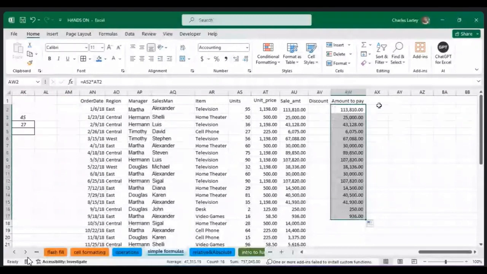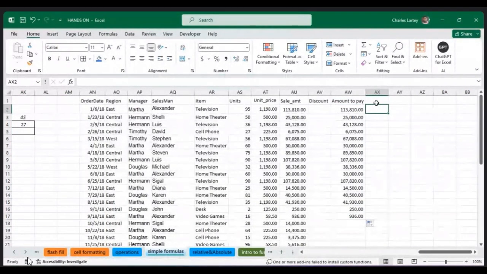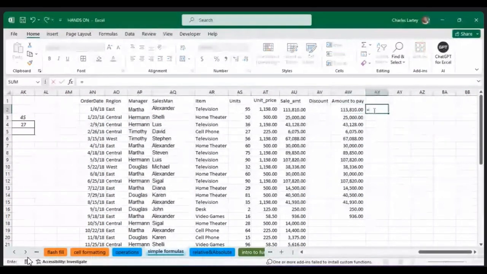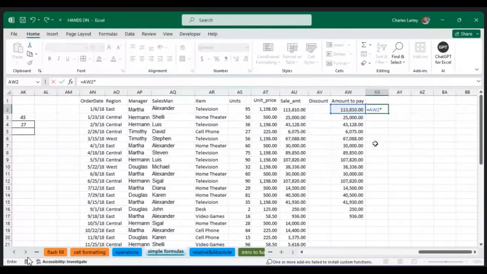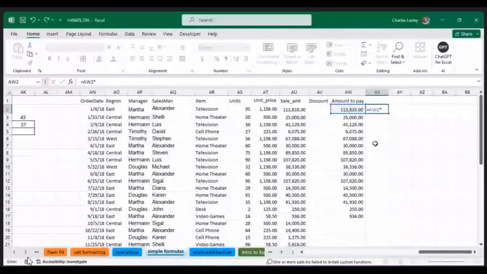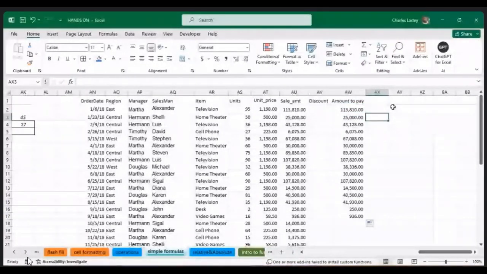Then discount. So let's try to use discount. Let's say a discount of 8% or whatever. So if we take this amount, we press equal to, then the amount times the discount. If the discount is 8%, we can use 0.8, or we can use 8 over 100. But I want us to apply what we know, or maybe should I say we know or we don't know? We did cell formatting. Now we can format a particular cell with the discount in it, and then we will multiply it with that discount,